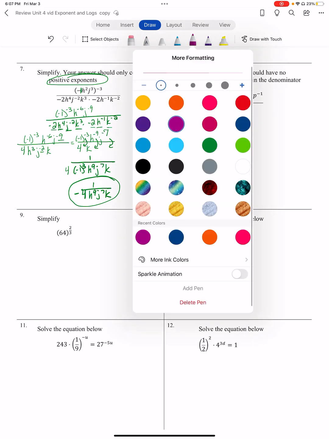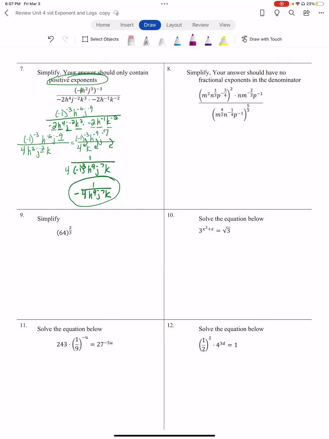This next guy over here, I like to distribute my exponents first. So that's the first thing I'm going to do here: distribute this exponent here, here, and here. So that's m to the 4th times n to the 2/3 times p to the negative. Now that's going to be 6/4 when I distribute. And 6/4 is 3/2 times n times m to the -2/3 times p to the -1 over,